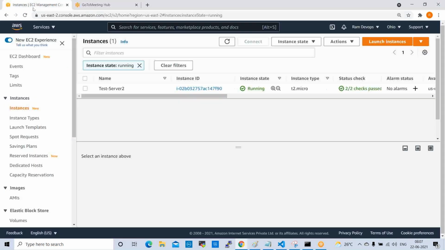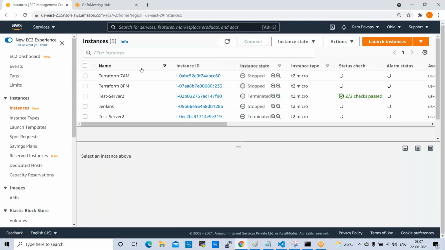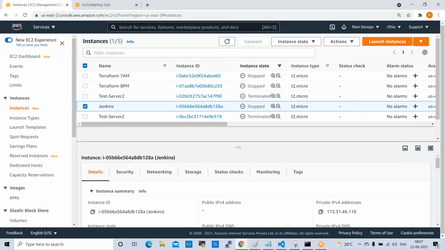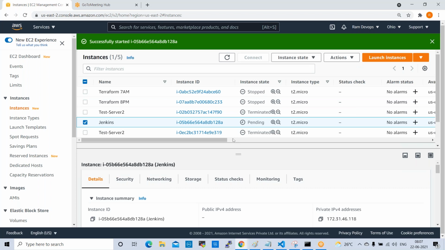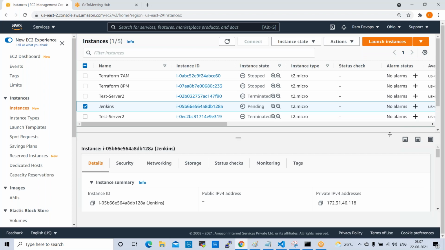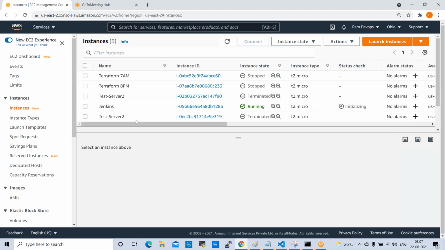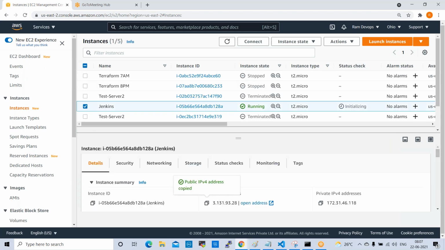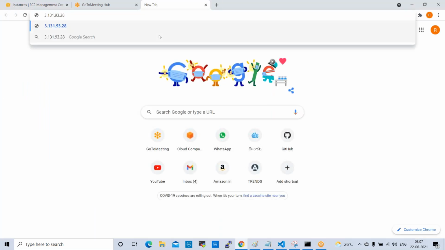Console already opened here. A public IP. Go to browser, paste here. 8080 is the port number.